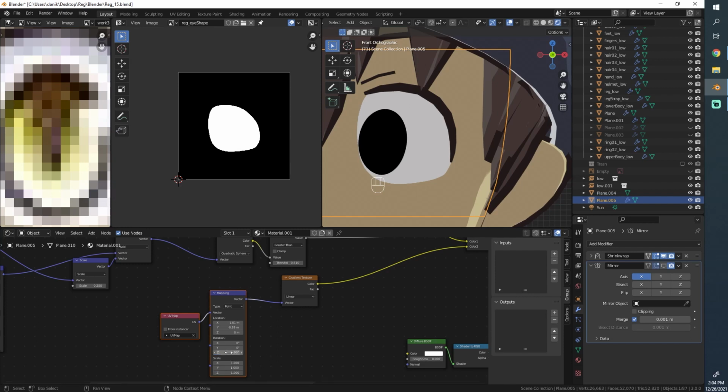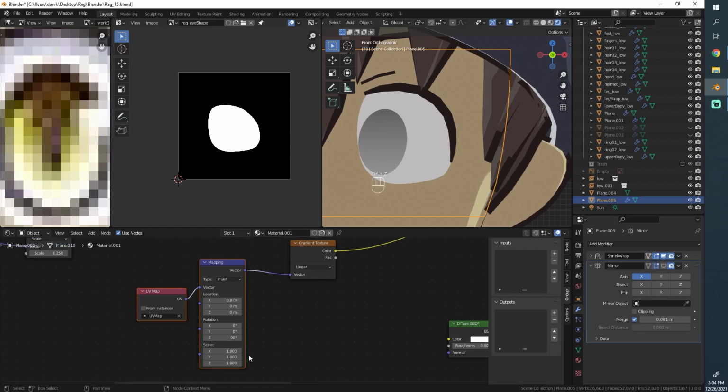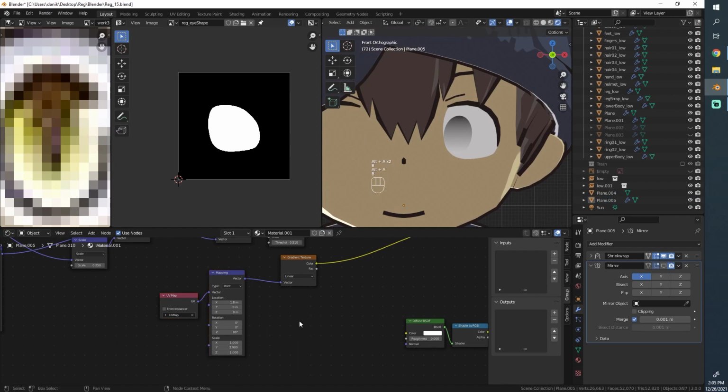Let's see if minus 90 was better. Actually don't know if it makes much of a difference. And here we go. Now we have the gradient sort of in the right spot. I think we will scale this up a little bit so that the gradient takes up sort of the entire area nicely. And so now we have from black to white a linear gradient. I hope that this is done correctly, but we'll see in a moment, because basically now we can use this,